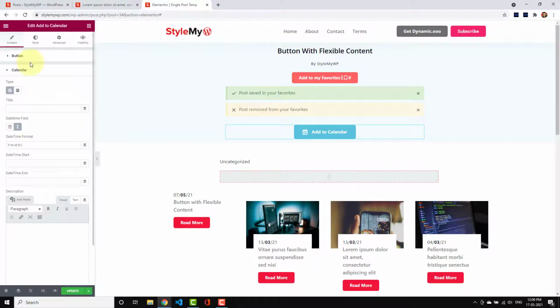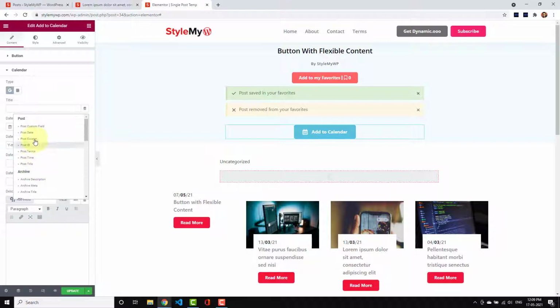For now we can see all the settings of the calendar right here. Here's the Google Calendar, and here's Outlook or iCal. Let me show you Google Calendar, and the settings will be the same for iCal as well. What you have to do is just put the title here. You can dynamically choose the title from ACF fields or another place as well. You can dynamically get it from the post title as well. You can use any of these custom fields, or you can use an ACF field as well. But now let me just choose a simple title,